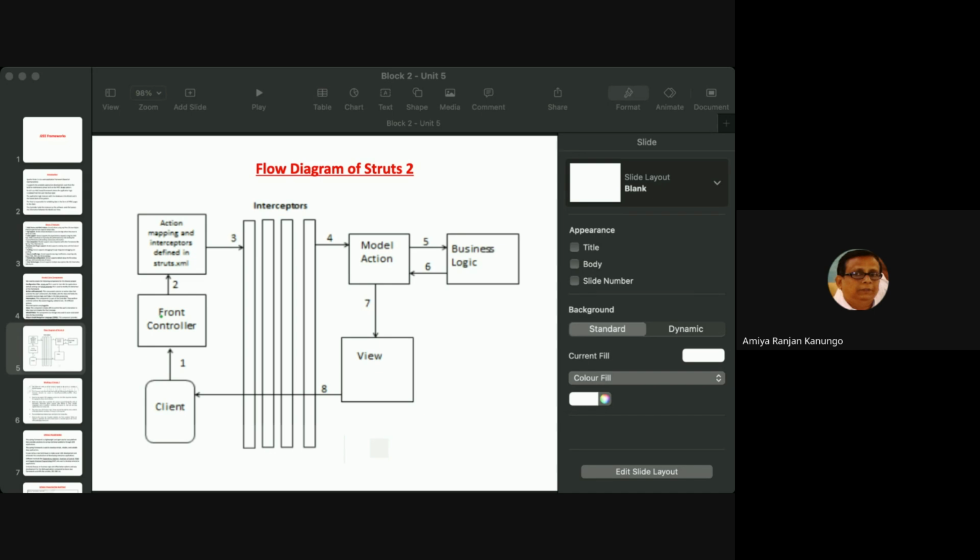The actual controller sits in between the model and view. But in this particular framework, the client doesn't send request directly to the controller. There is a middle layer between the client and the controller. The client sends request to the front controller,